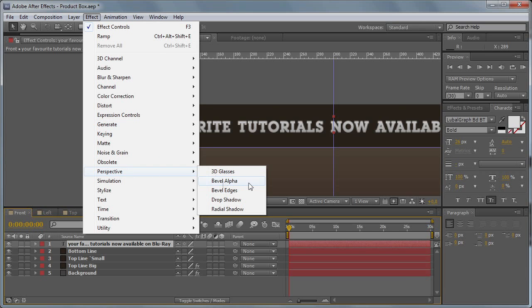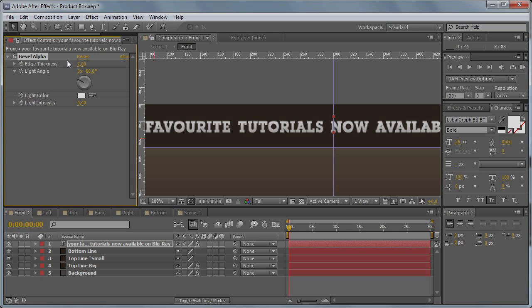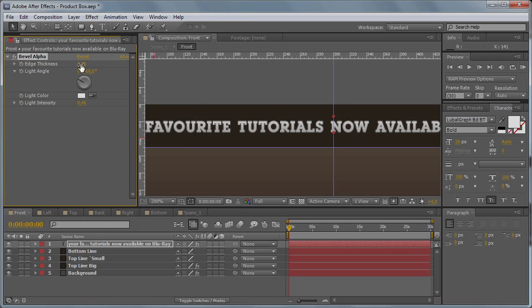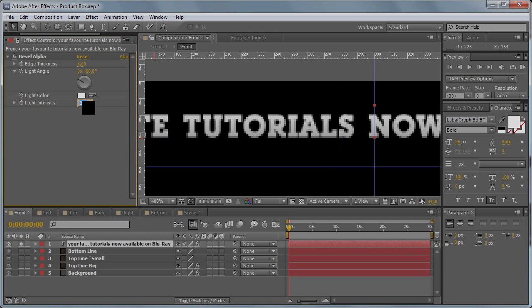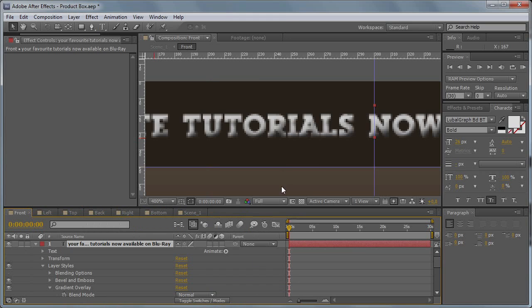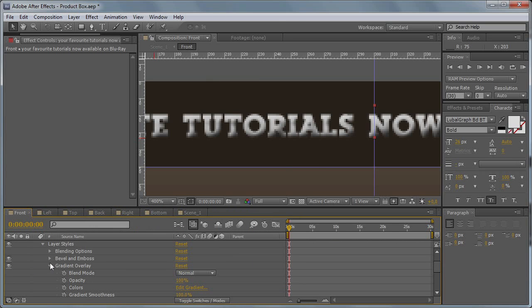Now let's come to the perspective and choose bevel alpha, of course, and let's increase it, but actually this one doesn't work for some reason, and I guess because I applied a layer style which applies after the effects that are on top of the layer. So we have to do it with the layer styles and apply this effect, bevel and emboss, and let's